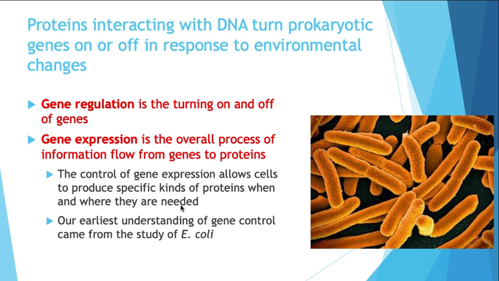Okay, and then finally, the amount of time that the message remains active. Okay, in the prokaryote. In the eukaryote, the regulatory regions include the promoter and the 3' and 5' untranslated region,